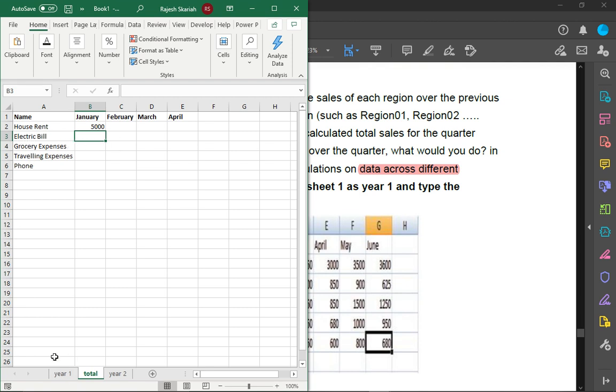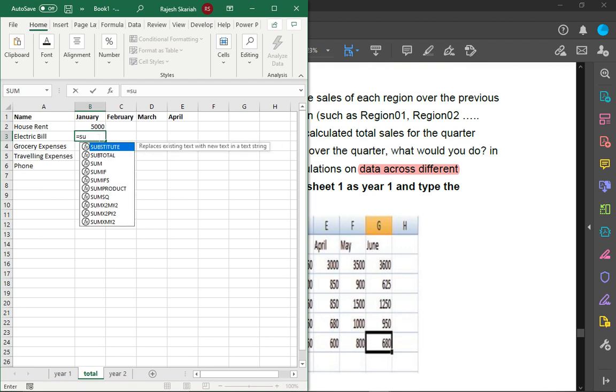Okay, or any other expense means you can give the name according to that. So electricity bill, we have to find the total electricity bill of the last 2 years. So what we can do, you have to go to year one. Okay, in year one, which field you want to give there? So before that, you are supposed to give the function here, which function you want to use, what you want to do. So here we have to give the sum of the total amount, mean the sum, that is equal